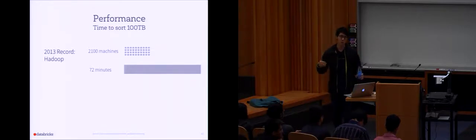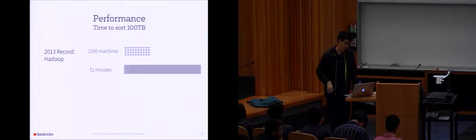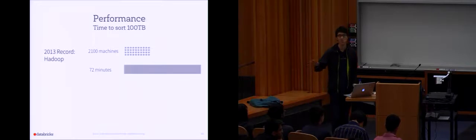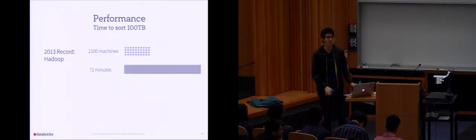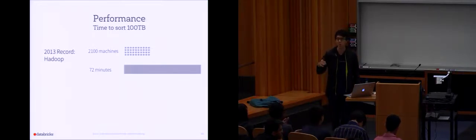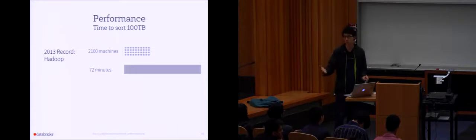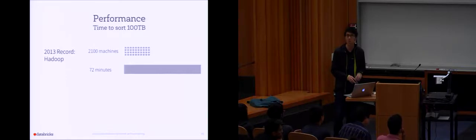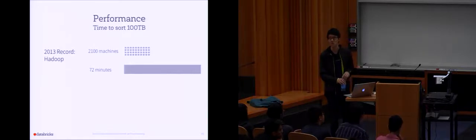What happened was, I was talking to the guys there. They had about 2,100 machines that were coming in as new machines, which they hadn't put into production use yet. So the Hadoop team asked them, hey, can we use them? There's this benchmark, and it's going to be cool to show off our technological advancements. Give me a week, and I'm going to run this benchmark. So they ran it, and it became the record of 2013. 2,100 machines sorting 100 terabytes took about 72 minutes.